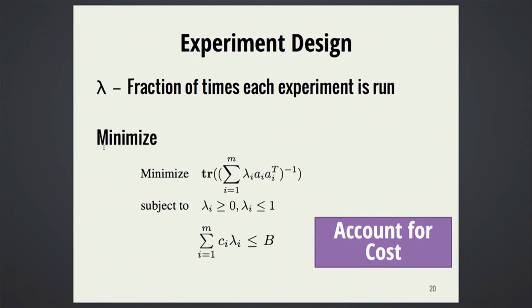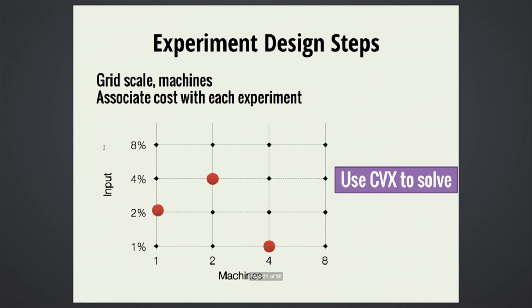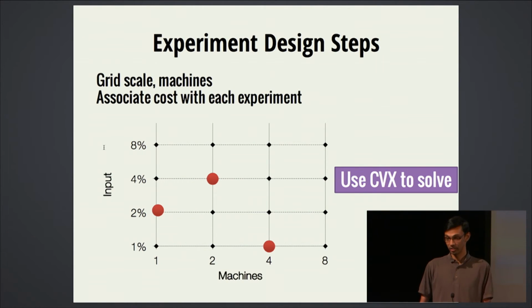The constraint is we want to minimize the cost. So you set a budget of like, I want to use this much time in order to do my training. And then you try to find out which are the configurations that I should choose so that I can actually finish training within that budget and yet still minimize the amount of the variance that my model has. So having set this up in this way, we can actually just use an off-the-shelf solver like CVX and get what are the optimal configurations for the specific problem that you have.